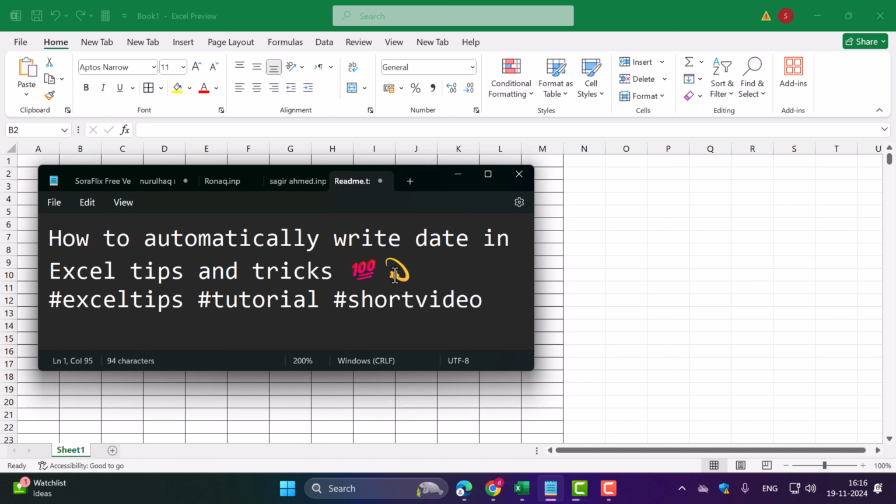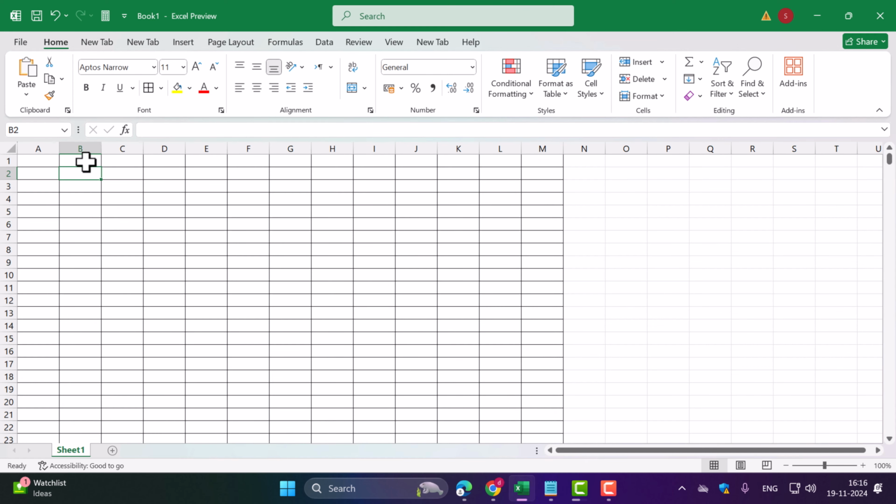How to automatically write that in Excel. So firstly, write here any particular date like 1/1/2024. Now